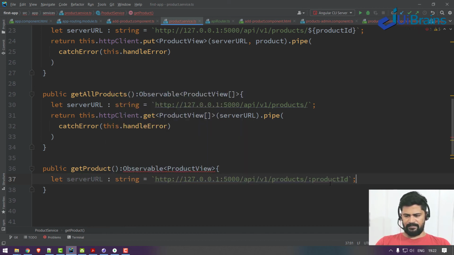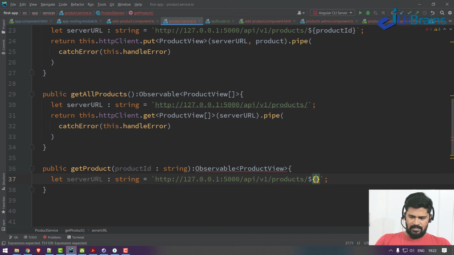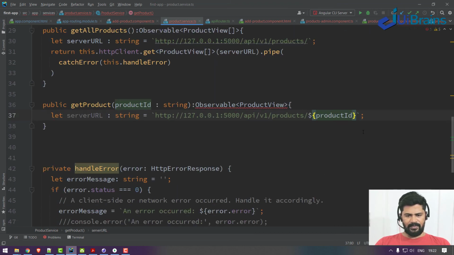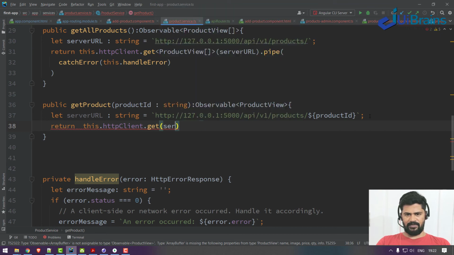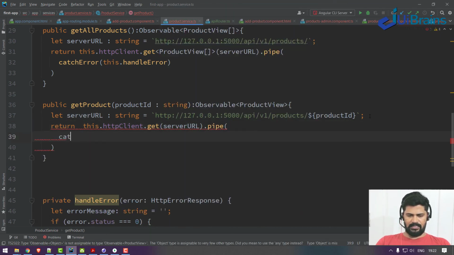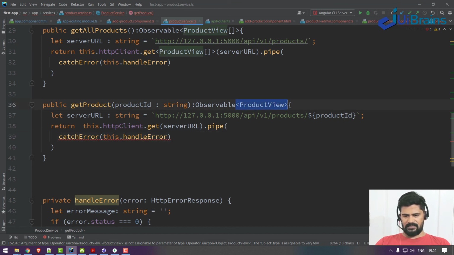So let me have the product ID, because you must provide a product ID to send to the server. So let's say here productID. Then return this.httpClient.get request to the server URL, .pipe, in the catchError of this.handleError. And something missing is the typecasting.